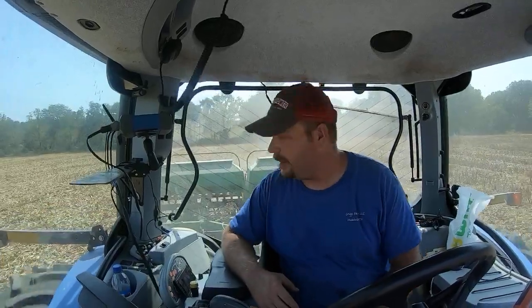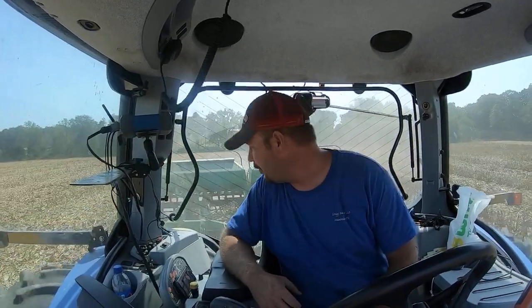If you don't know, cover crops is just a blend of seeds that we plant following our cash crop. That will grow all fall, winter, and spring, and will protect the soils during the months that we don't have a cash crop growing. This is not a crop that we harvest, but it's a crop that we think is vitally important to being